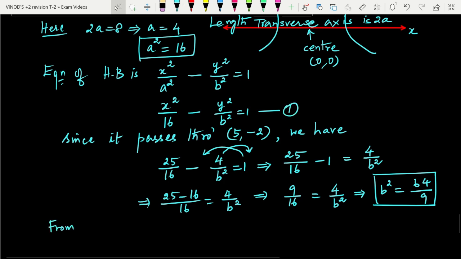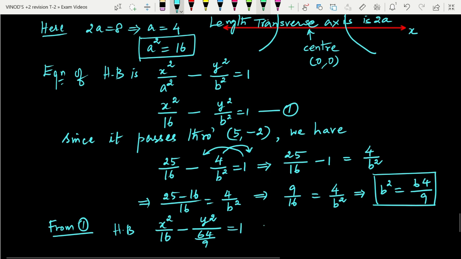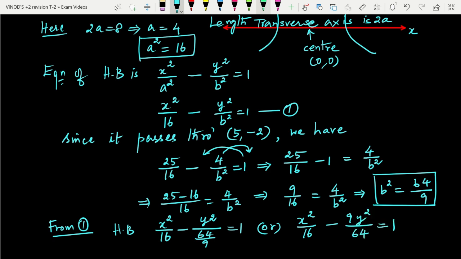Now substitute this b square value in the equation 1. So from equation 1, the hyperbola equation will be x square by 16 minus y square by 64 by 9 equal to 1. Or you can take the denominator to the numerator and write as x square by 16 minus 9 y square